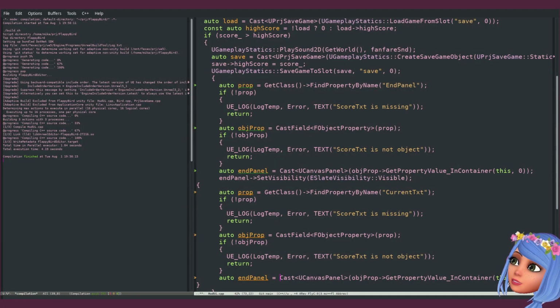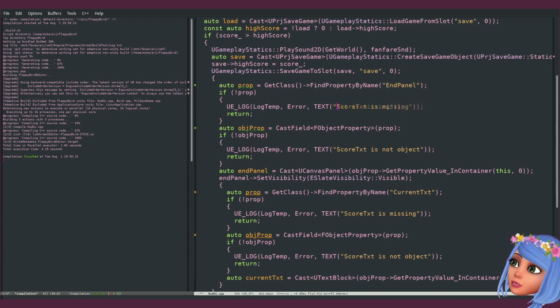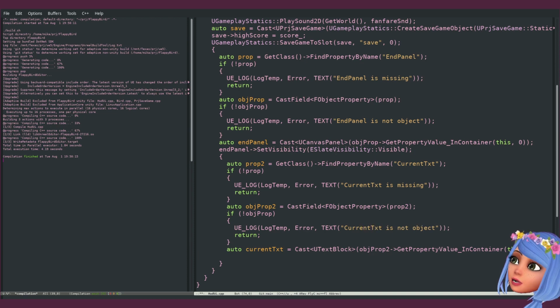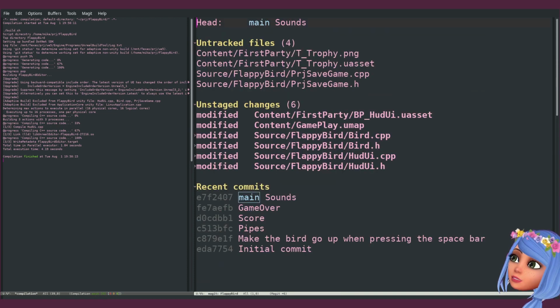and U text block. So now you can see why I have quality of life things, because it is very verbose. So, and now we need to set, and I do not remember how I was setting, and I deleted the code.